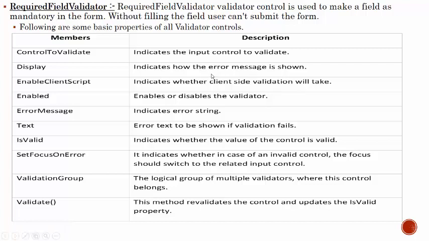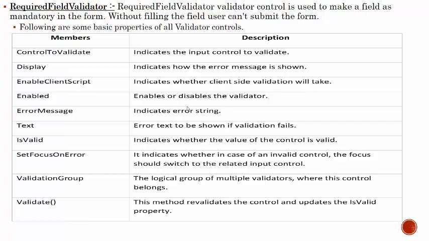Next property is Display. It indicates how the error message is shown. It can be dynamic or static. EnableClientScript indicates whether the client side validation will take place or not. Next one is Enabled. It is a true or false property. If it is true, then validation will be done, otherwise validation will not be performed.